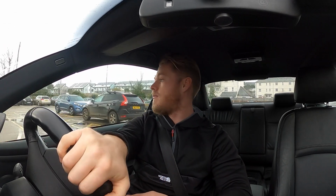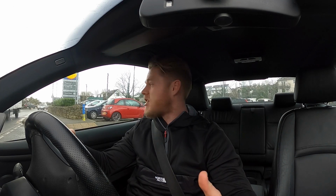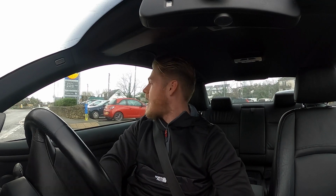Basically, BMW being BMW thought they were really smart by inventing something called Swirl Flaps. I don't know if they invented it, but they added this feature called Swirl Flaps, which I believe sits somewhere along inside your inlet manifold. And these flaps control your fuel to air ratio mix. And BMW decided that swirled air was more efficient and more beneficial for your car rather than ordinary air that